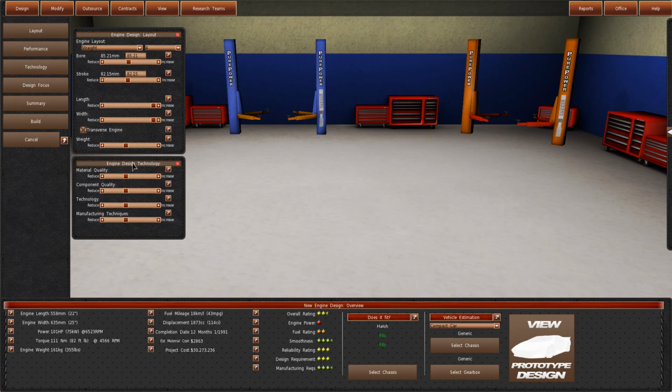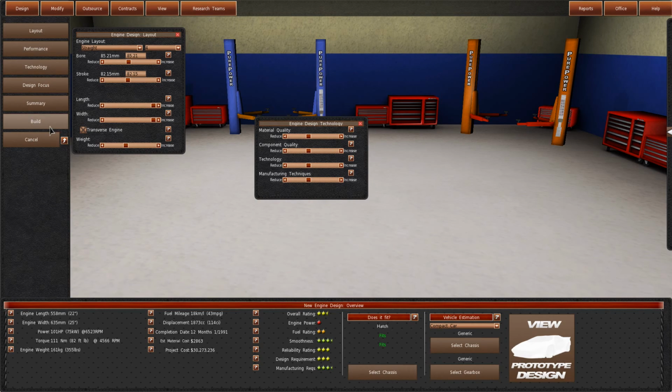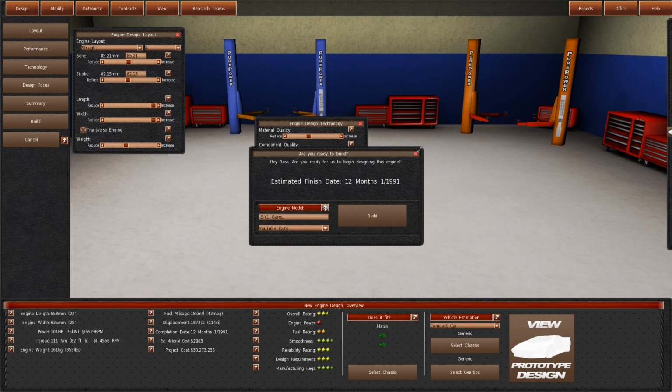These are all fine. Now, technology is not that important. It's just how good the materials are in the car and in the engine. That can increase the smoothness slightly, fuel rust slightly. Let's call it the hatch,